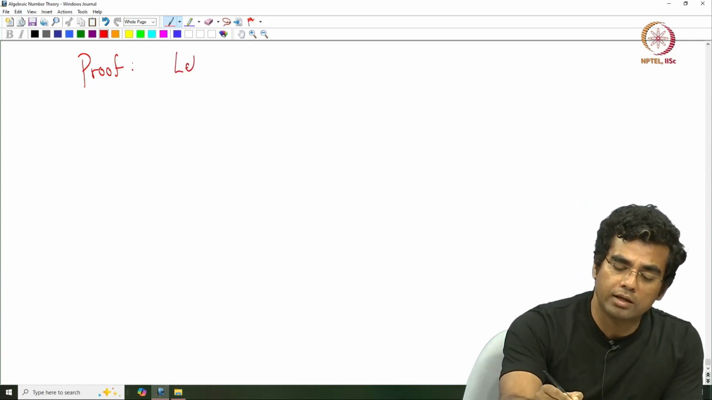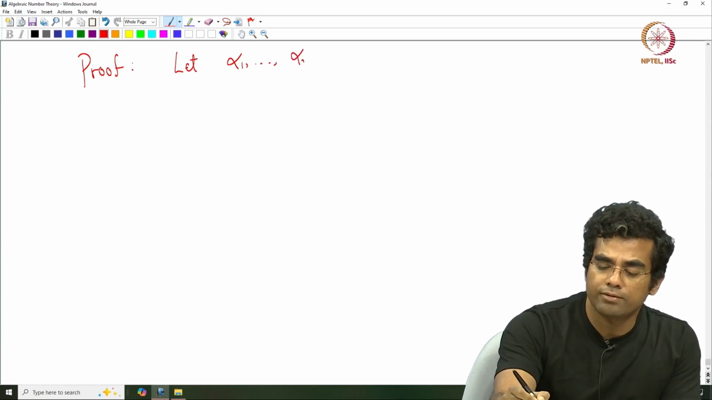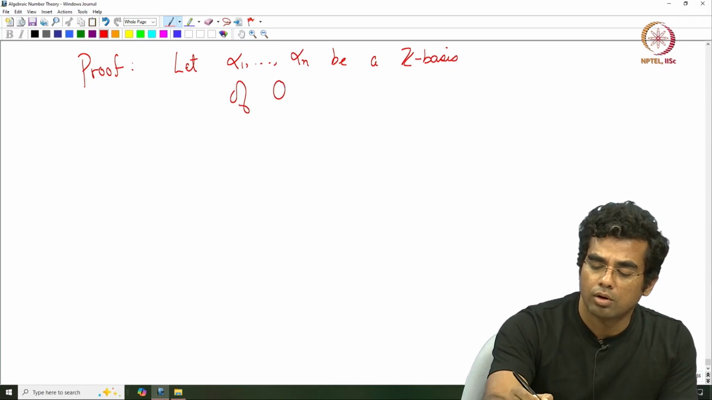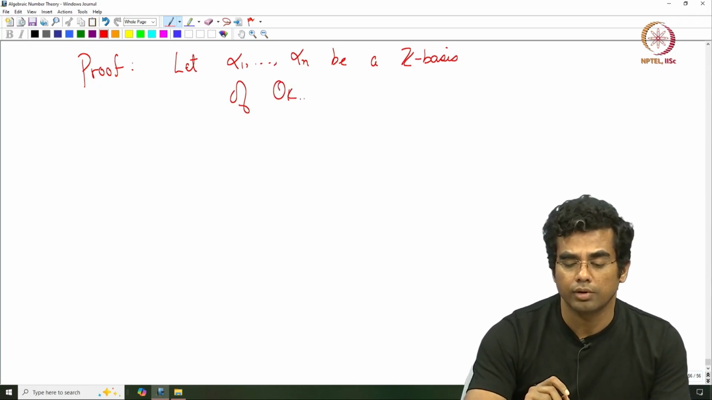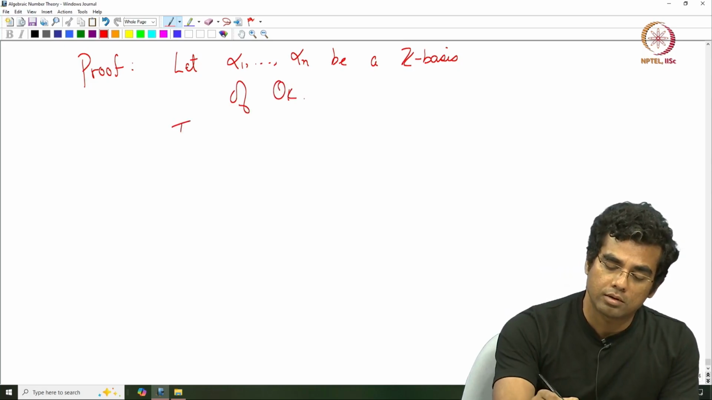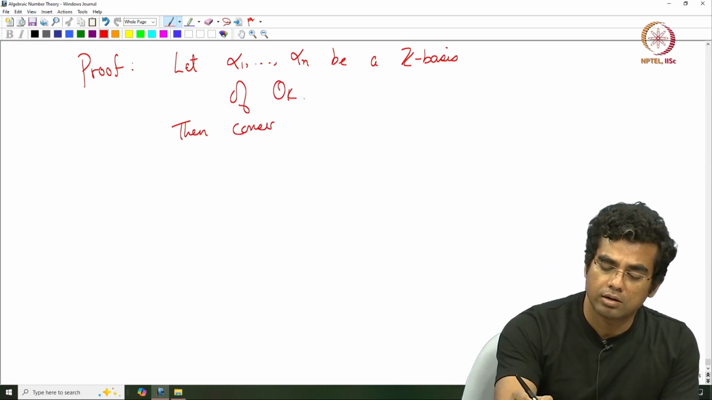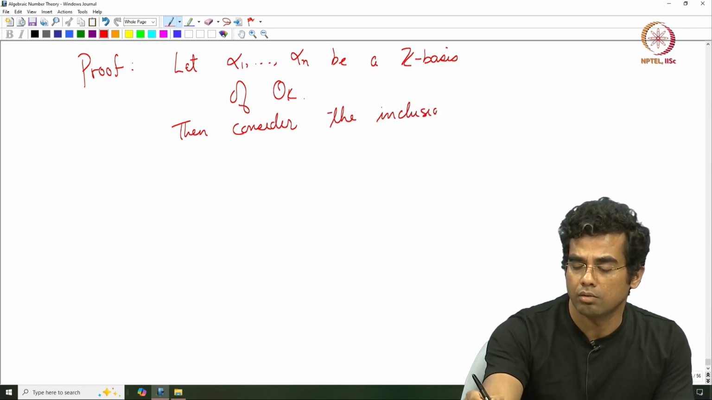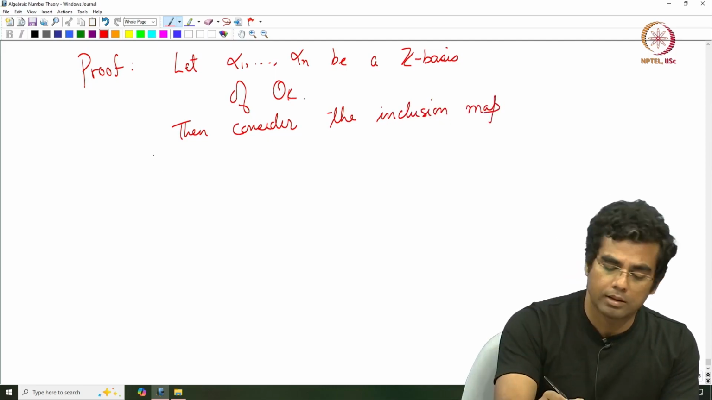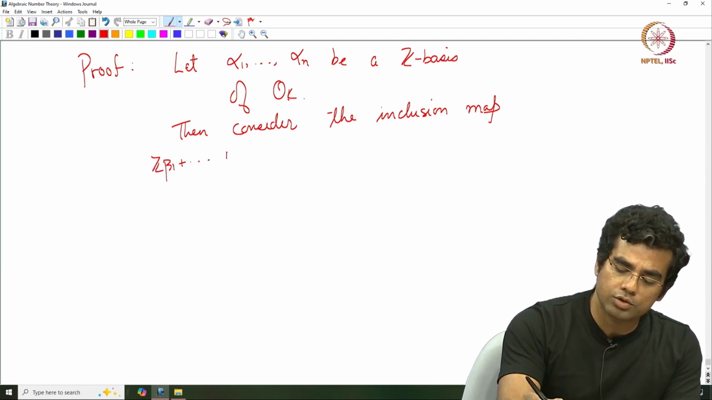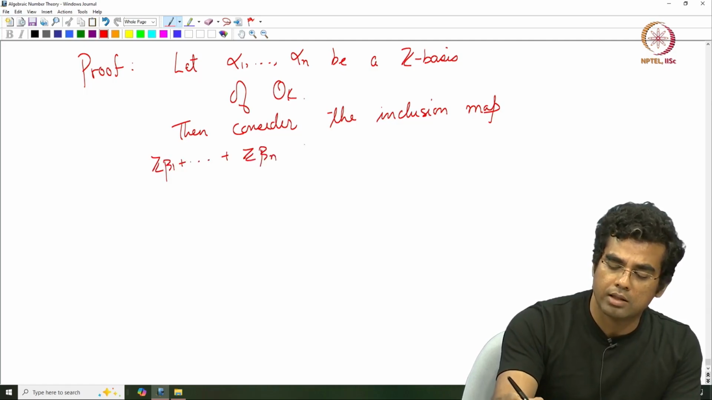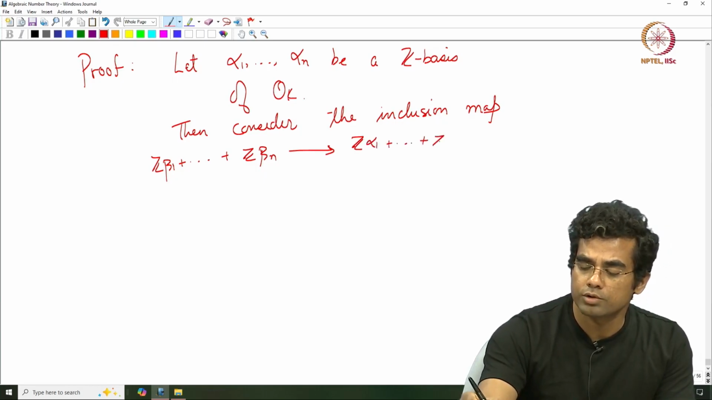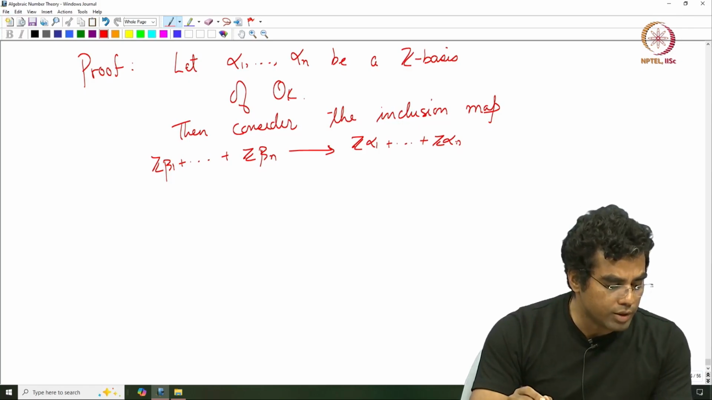So, what you do is you let alpha 1 up to alpha n be a Z basis of O_K. Then consider the inclusion map: Z beta 1 and so on up to Z beta n is contained in Z alpha 1, so on up to Z alpha n. But what you can do is you can write each of these